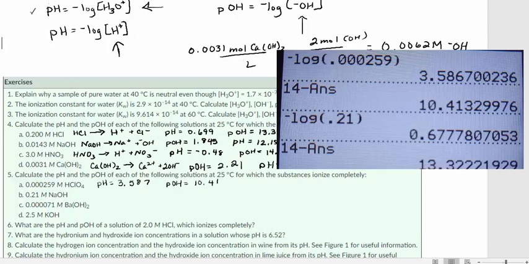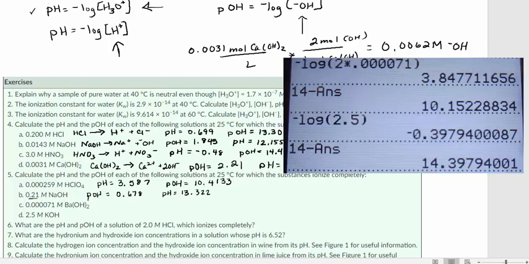Here for sodium hydroxide, that's going to break into sodium and hydroxide ions. So when I put this value into the p equation, I get a pOH this time, and my pOH is then going to be 0.678. That makes my pH 14 minus this value, which is going to be 13.322. Now for C, the barium hydroxide, like I showed up here with the calcium hydroxide, has 2 moles of hydroxide ions